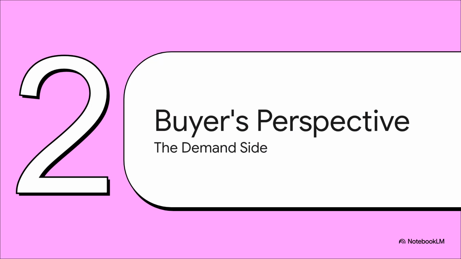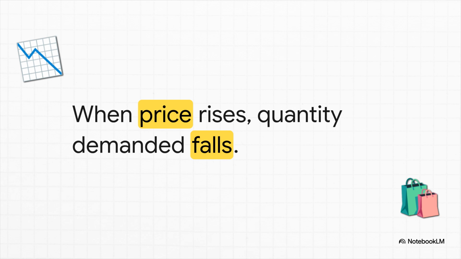Moving on to Section 2, the buyer's perspective. Let's flip the lens and look at the demand side of the equation, seeing the market strictly through the eyes of our first group of dancers, the buyers. So buyer behavior is driven by this golden rule, the law of demand. Think of it as a super simple rhythmic if-then framework. Assuming all other things are equal, if the price of a good goes up, well, then the quantity demanded falls. And if the price drops, quantity demanded rises. It's just human nature, isn't it? When things get more expensive, we naturally buy a lot less of them.